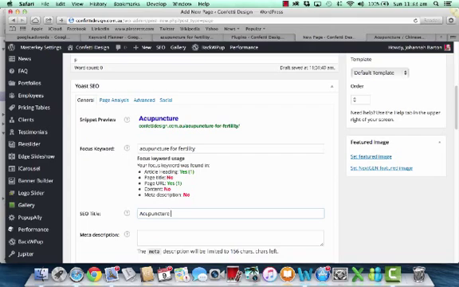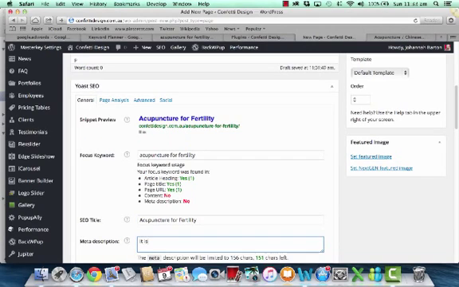Acupuncture for fertility. And now we have our title, we have our URL, and all we need to do is write in our snippet. It is shown that